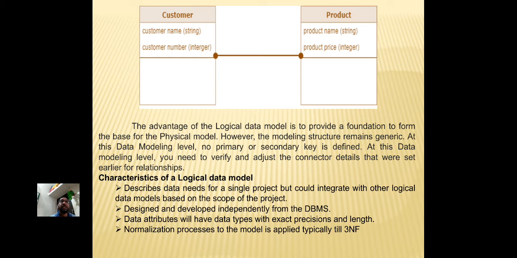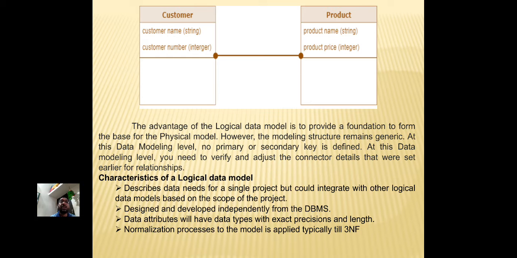However, the modeling structure remains generic at this data modeling level. No primary or secondary key is defined. At this data modeling level, you need to verify and adjust the connector details that were set earlier for the relationship.